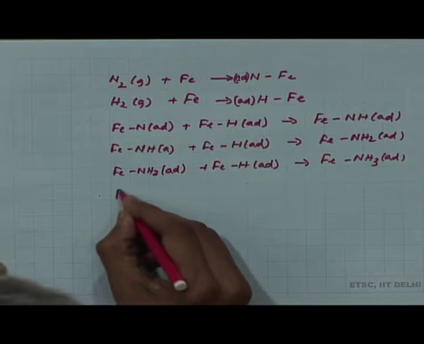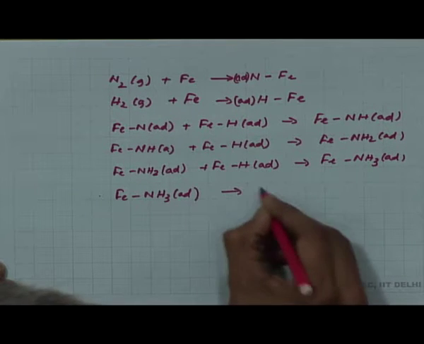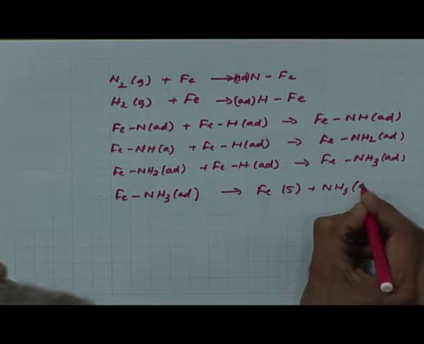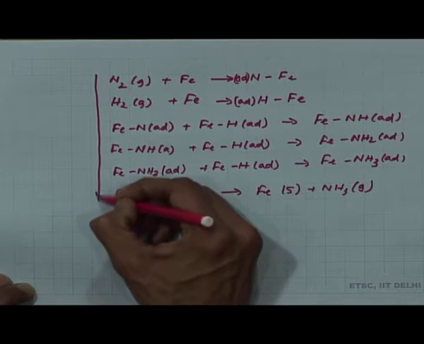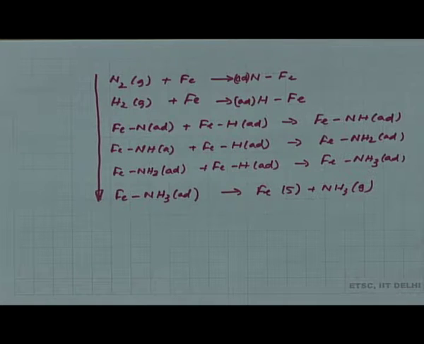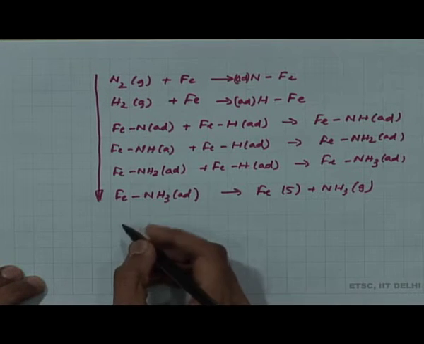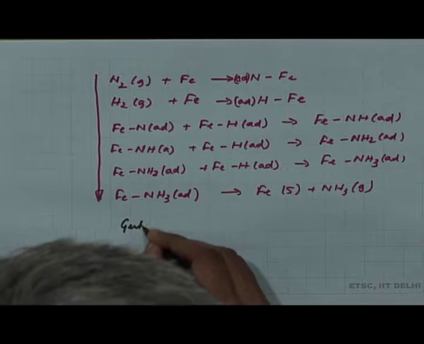And this adsorbed ammonia then will desorb to give you ammonia in the gas phase. That is the series of steps that happens in the synthesis of ammonia from nitrogen and hydrogen on iron surface, the Haber-Bosch process. Understanding the mechanism for the reaction of N2 plus H2 on the iron surface got Gerhard Ertl